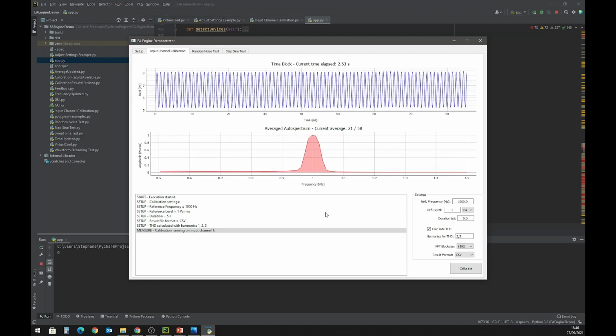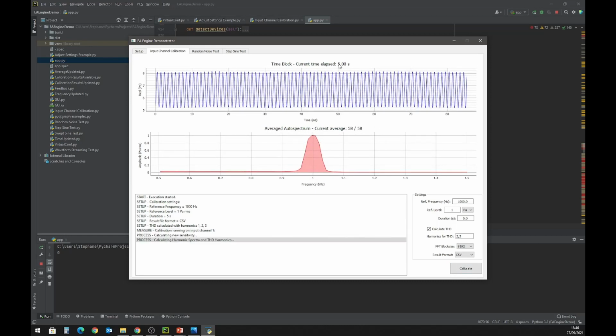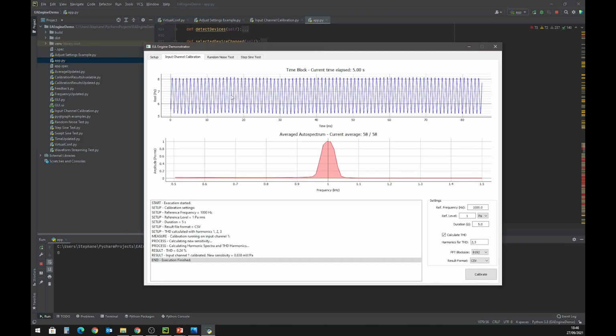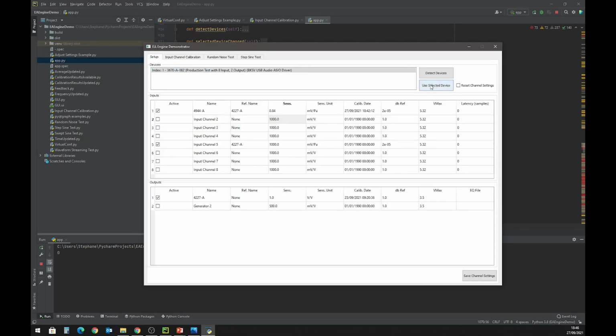you can see that, okay, it's a little bit more advanced program because I have some real-time display of the time response, the average auto spectrum, the updated information during the processing, and in this log window, all the different feedback coming from the engine. The sensitivity has been updated, calculated, and if I go here and use selected device again to update my table,